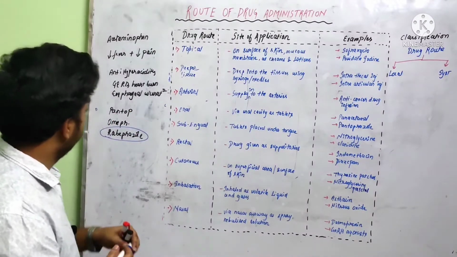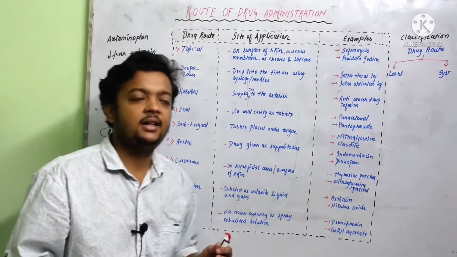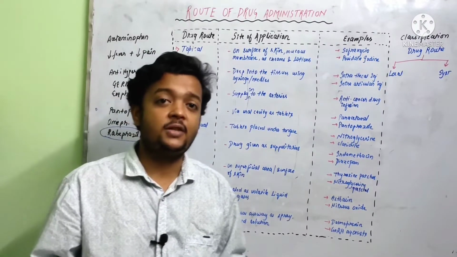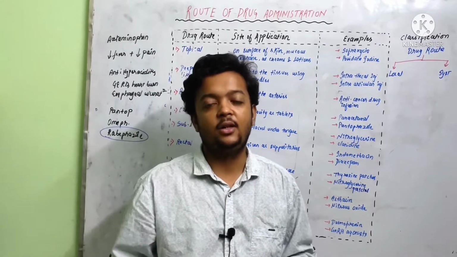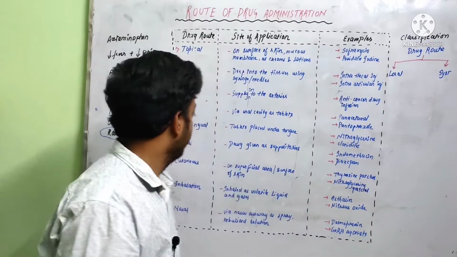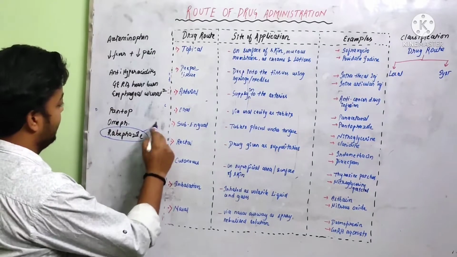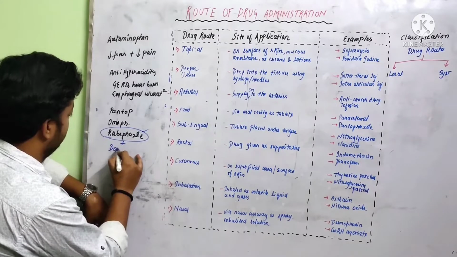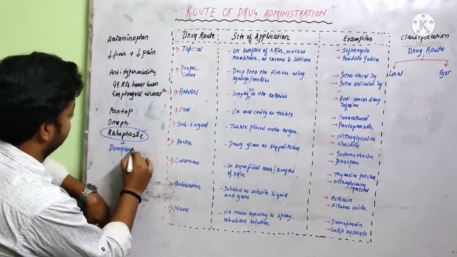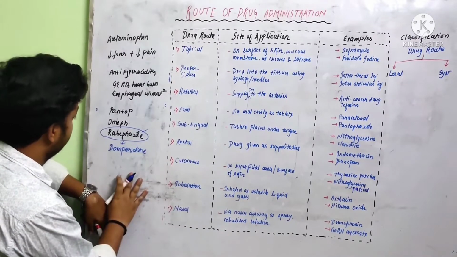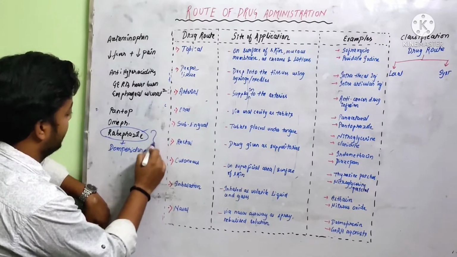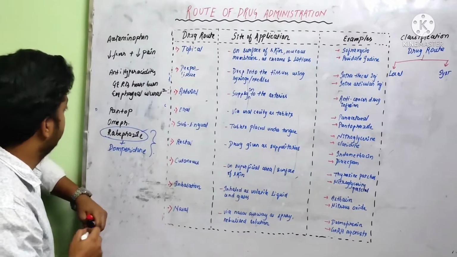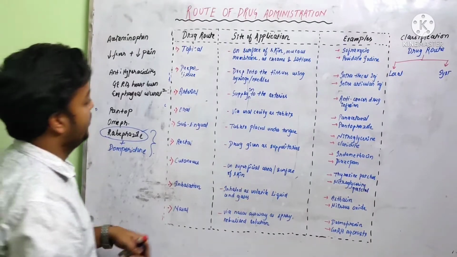Okay, now I also see patients who come to me with a complaint of excessive acid in the stomach, and they feel nausea and vomiting as well. They say that they feel restless. In that case, I simply prescribe rabeprazole, and with that I give a combination of domperidone, that is an anti-emetic. So if you also see a patient like this, make sure that you give rabeprazole plus domperidone. Okay, it's a very good medication. That's all about the oral.